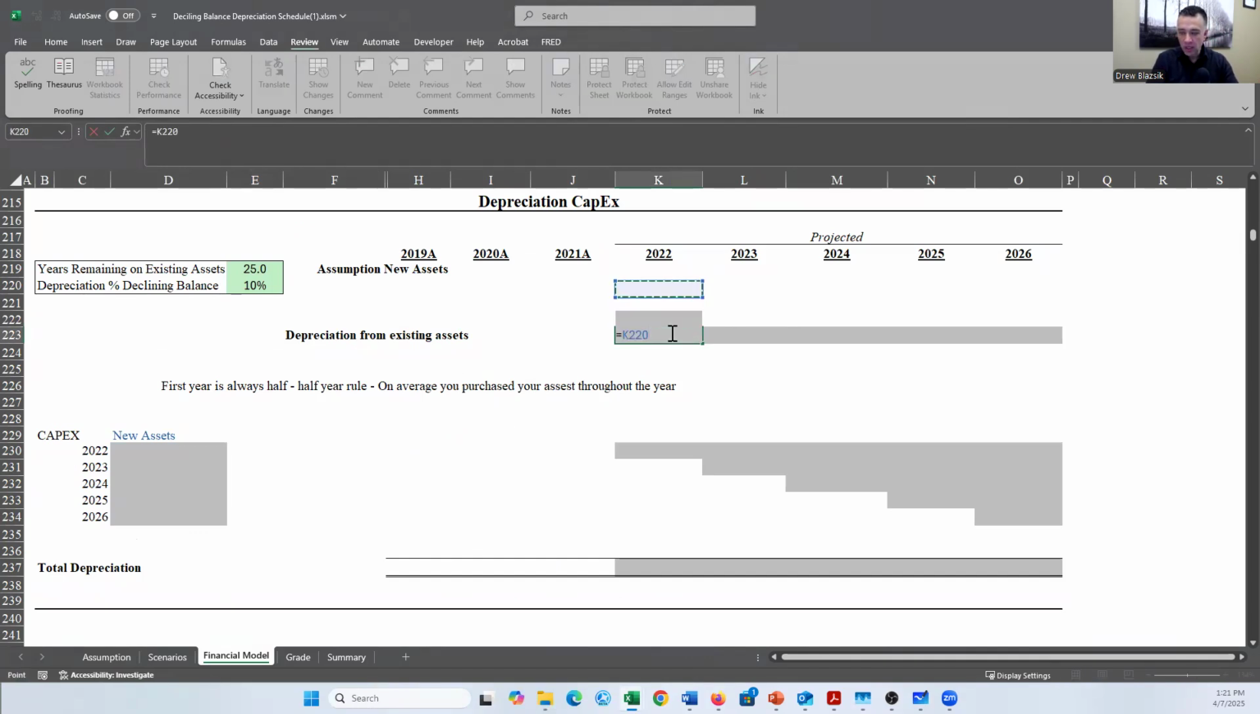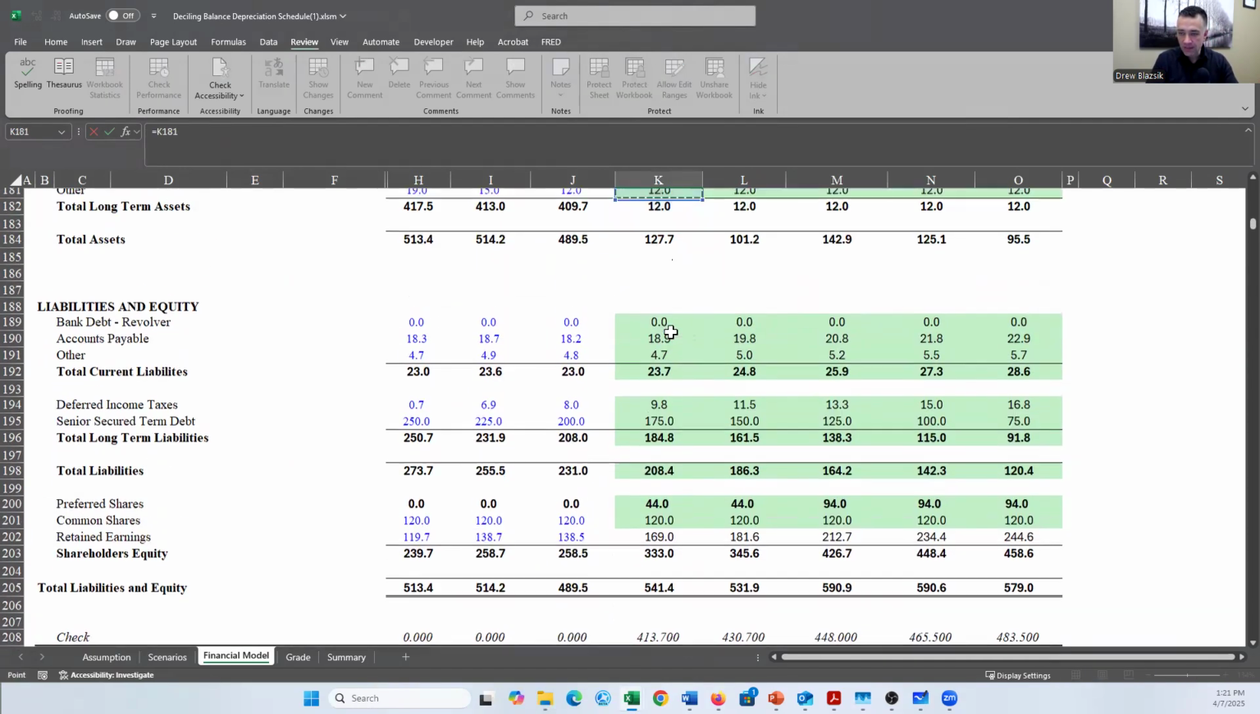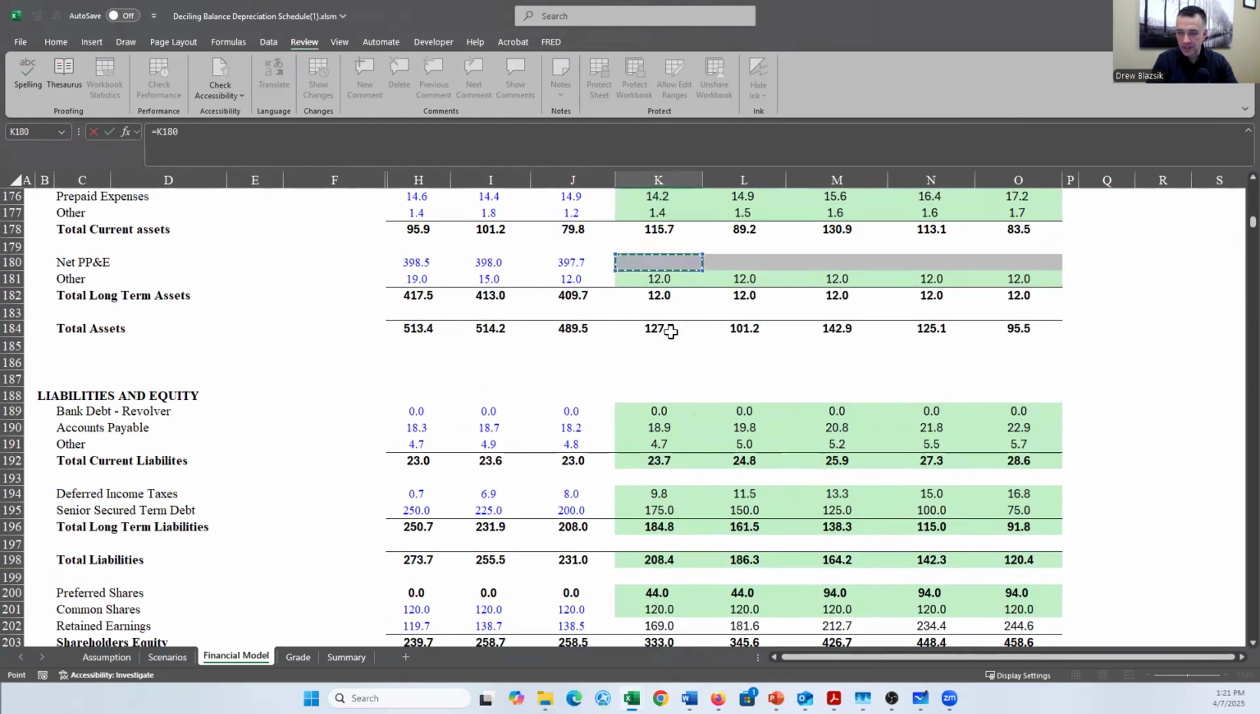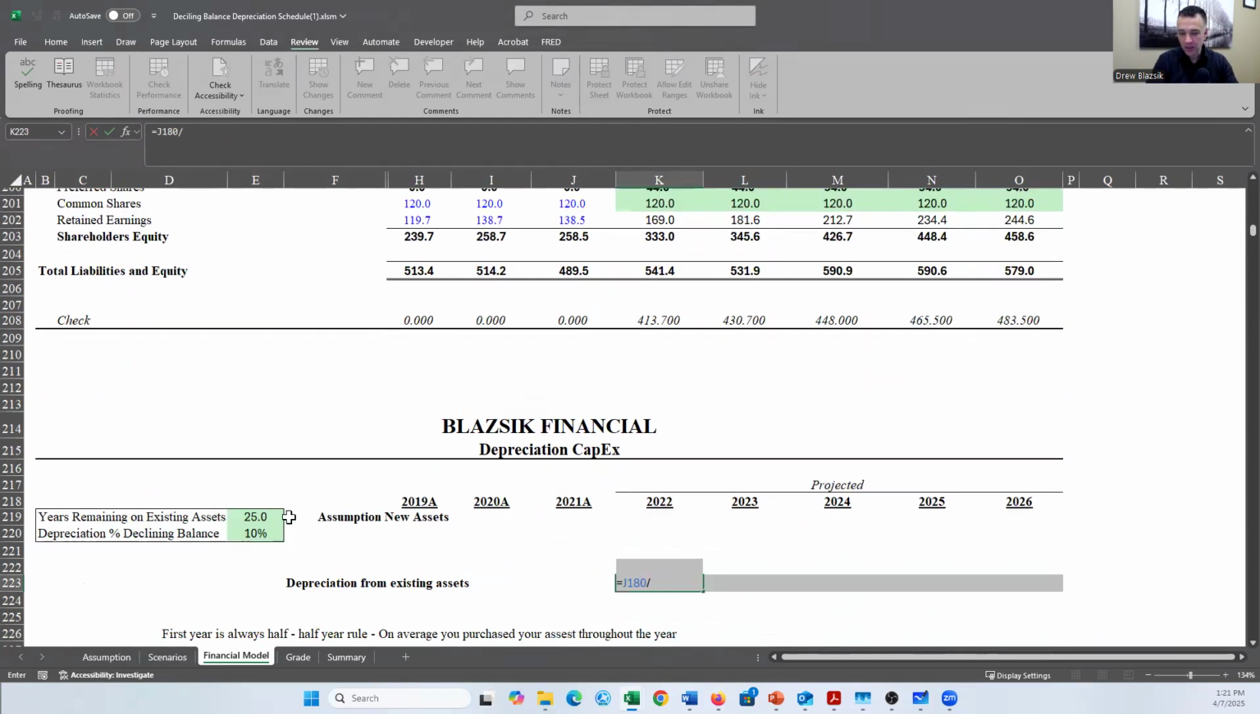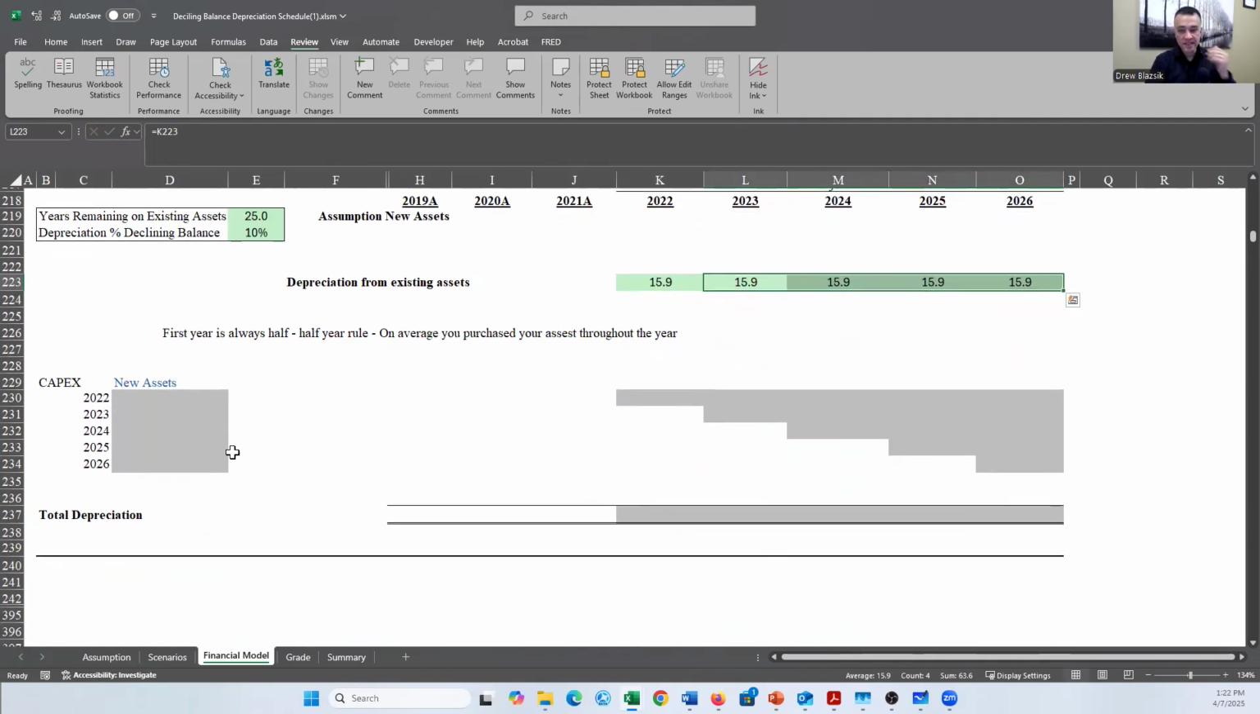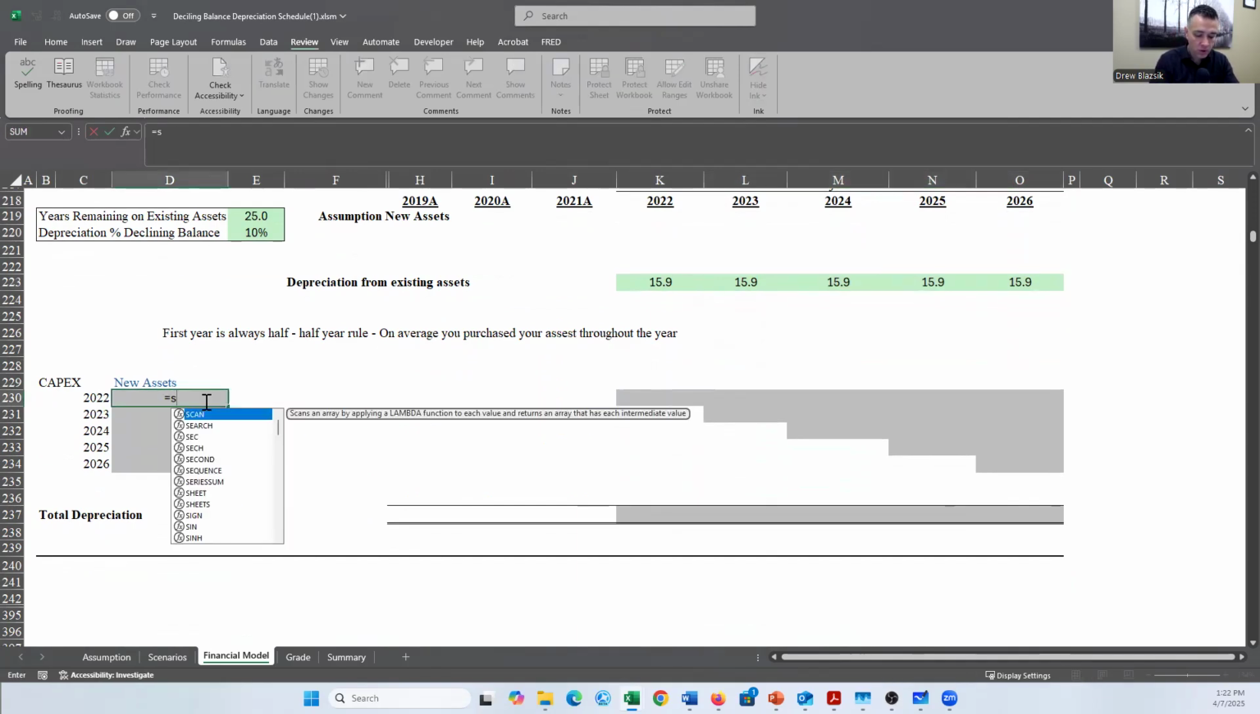I'm going to go to the balance sheet and find the net PP&E. And then what we want is the last recorded year. I'm going to divide that by the 25 years. I got that there. And then that's going to be for all years. Okay, so we got the existing, and now we'll transpose our